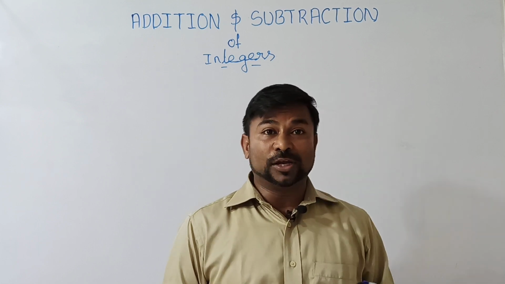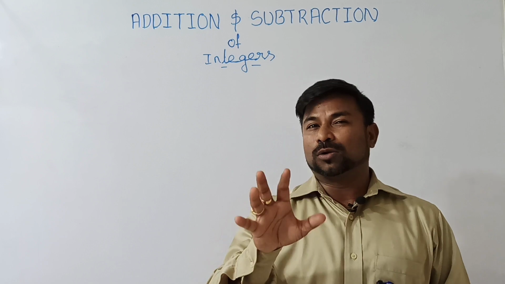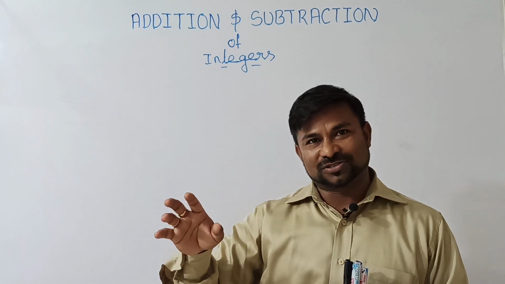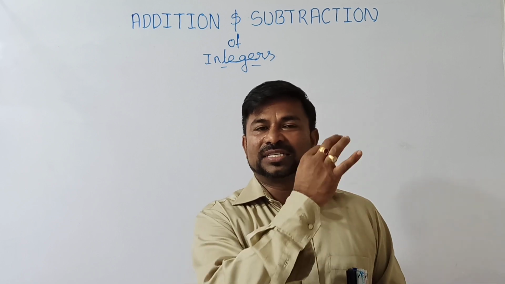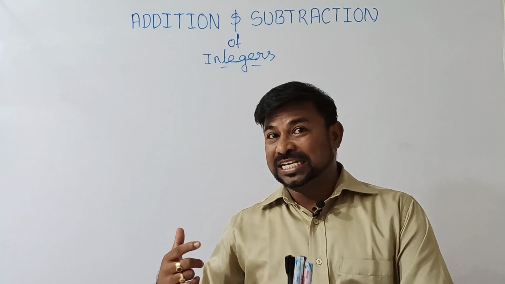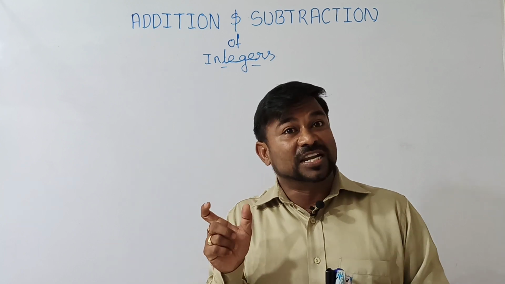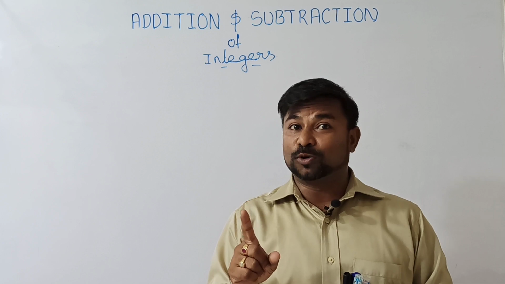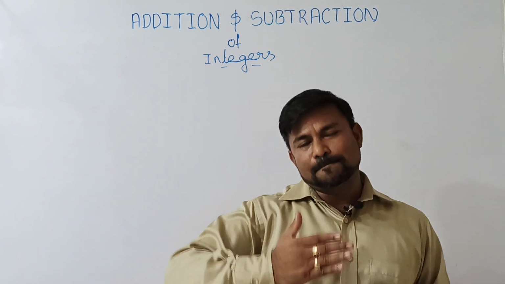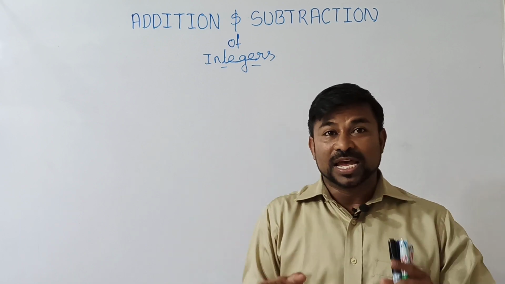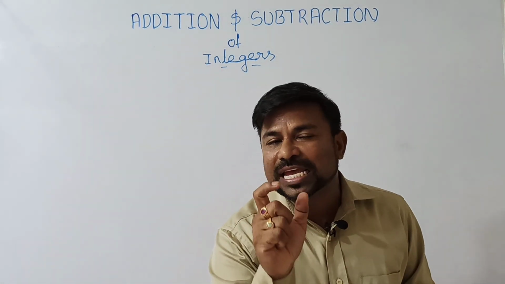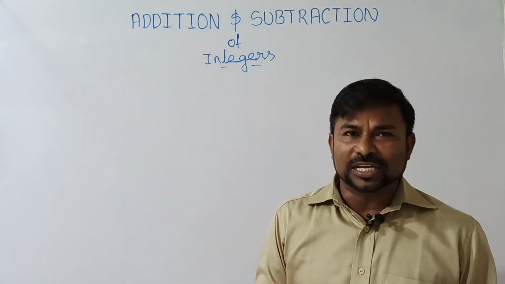In my earlier video I already discussed the logic behind same signs and different signs. Same signs: sum them and keep the same sign. For different signs, find the difference between both the numbers and keep the bigger number's sign. That's the foundation. Now I'm building up a little bit higher: addition and subtraction dealing with integers.